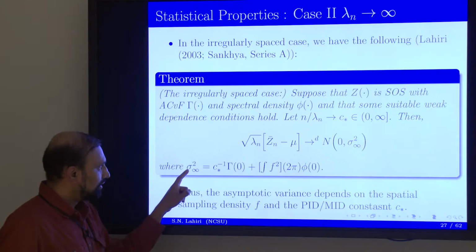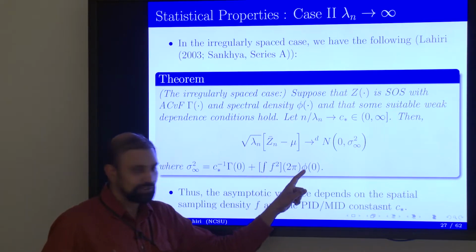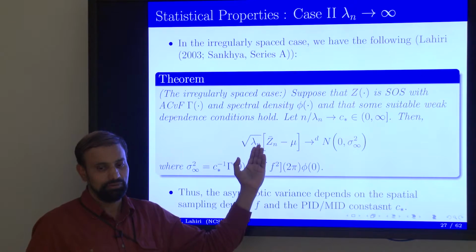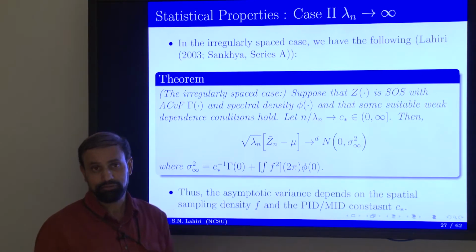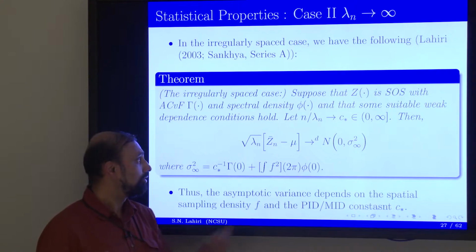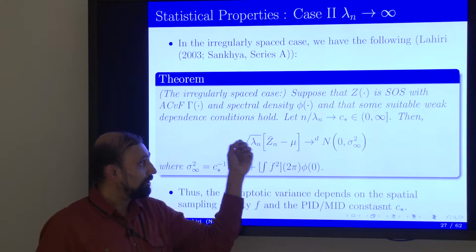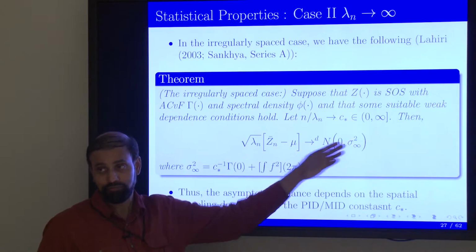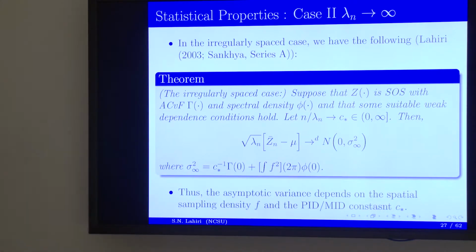And when you look at the form of this asymptotic variance, it has the spectral density at 0, just like in the discrete parameter case, where you're looking at X n bar, the limit distribution. When you subtract the mean and multiply by square root of n, that will go to normal 0, 2 pi f of 0. Something similar happens here too. It is 2 pi phi of 0.